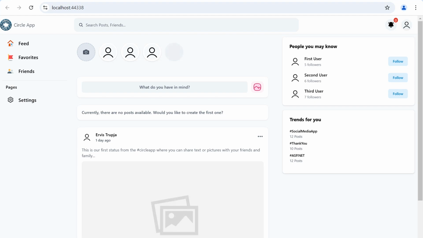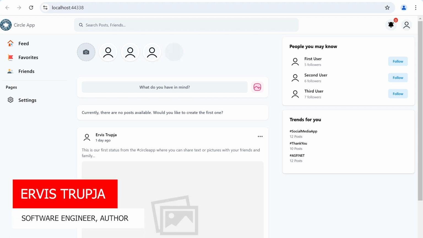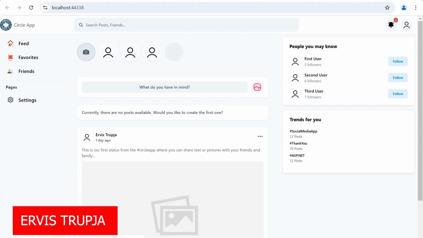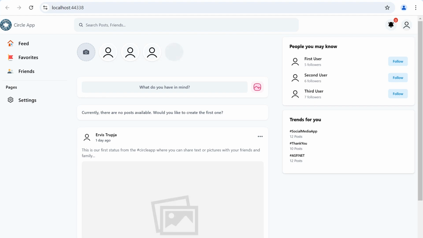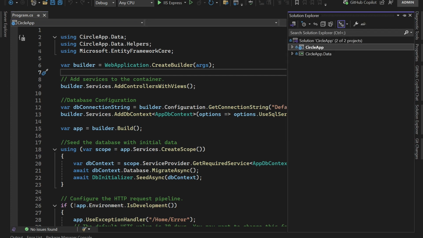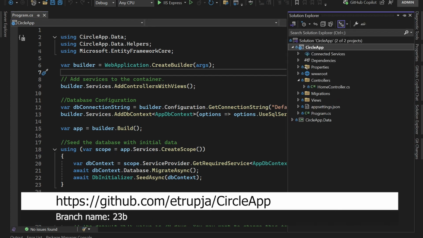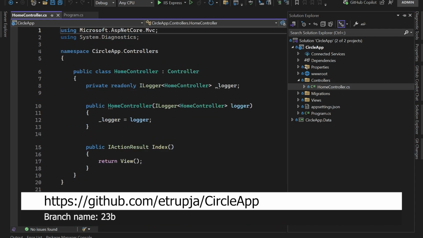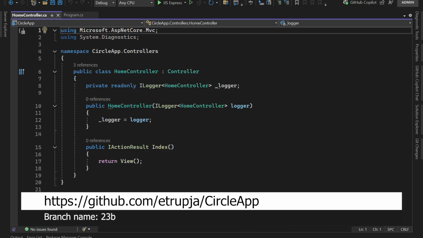On this part, you'll learn how to load the posts from the database using the AppDbContext. For that, let us go to Visual Studio. In here, for the home page, we have created the HomeController. So let us go to the HomeController. Inside the project, controllers, we have the HomeController, and this controller does have just a single method which is used